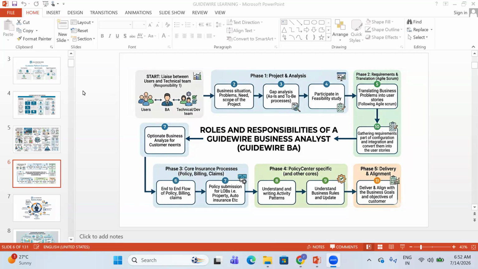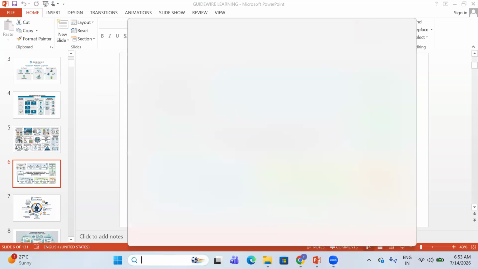Now, what are the different roles that you see? Because Mr. Venkat, as you are from Guidewire QSI, that's what your experience was. So first of all, before we start learning Guidewire Business Analyst, we must know about what roles you can see in Guidewire. So there were majorly,